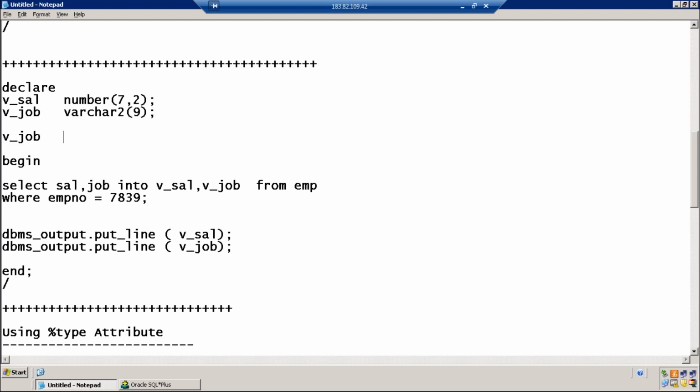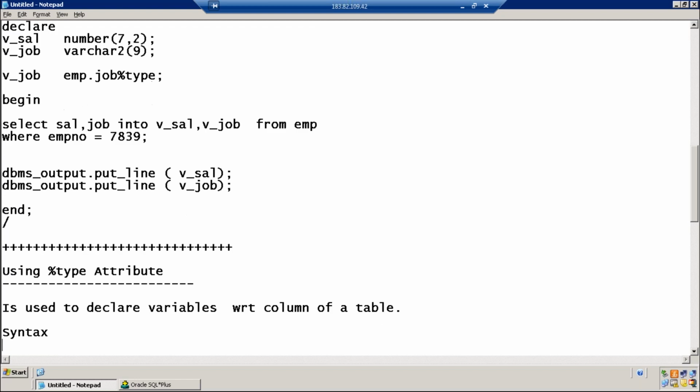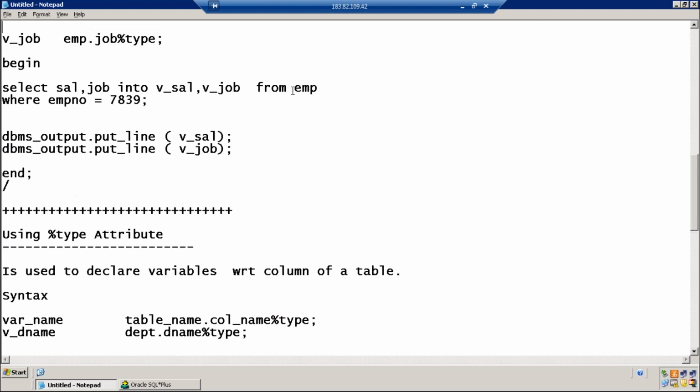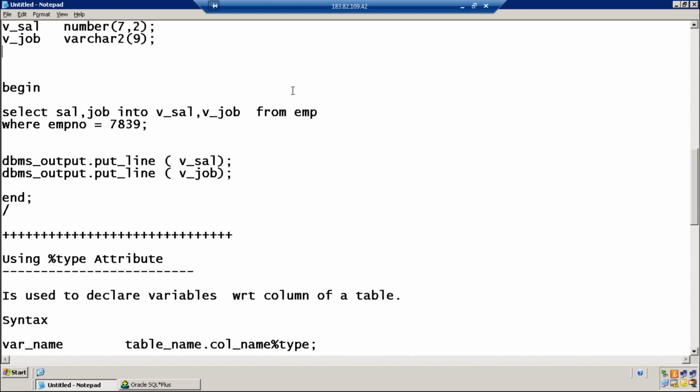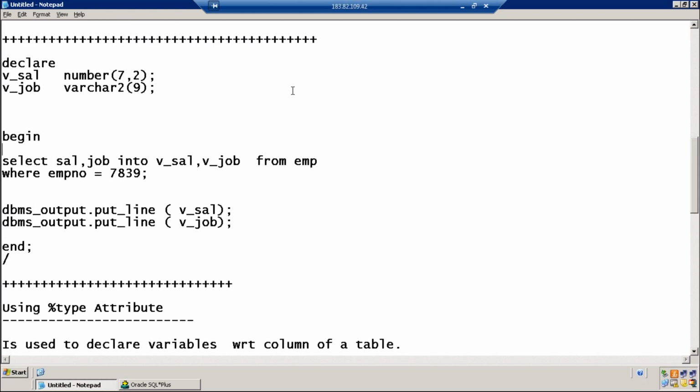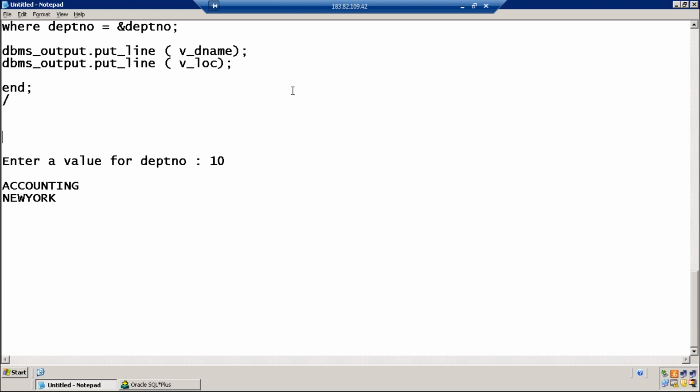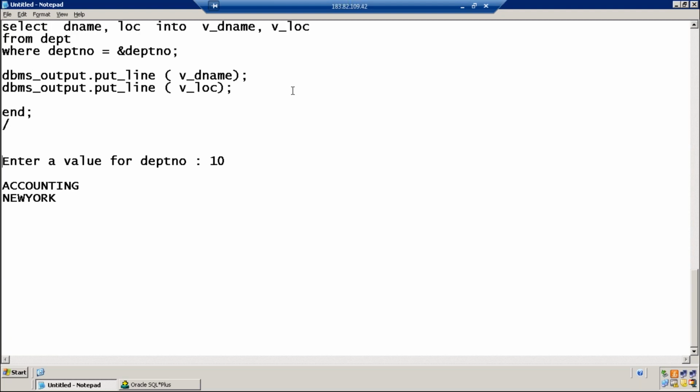EMP dot job percentage type. That's it. Table name dot column name percentage type. Perfect. So that's how we use the percentage type attribute for declaring variables. Clear understanding? Fine. Shall we move to the next program?